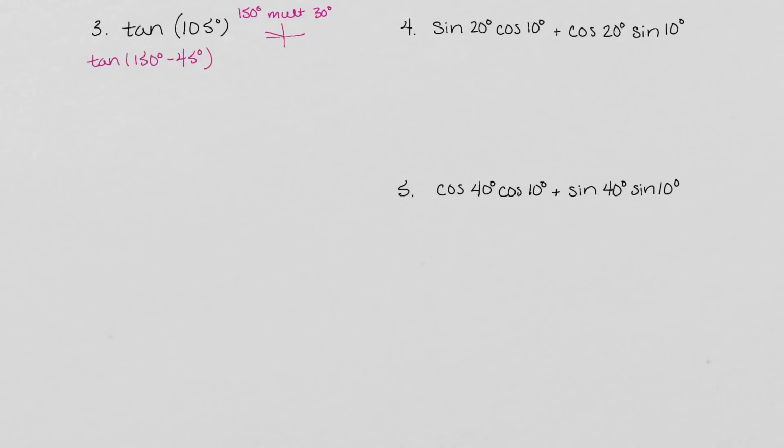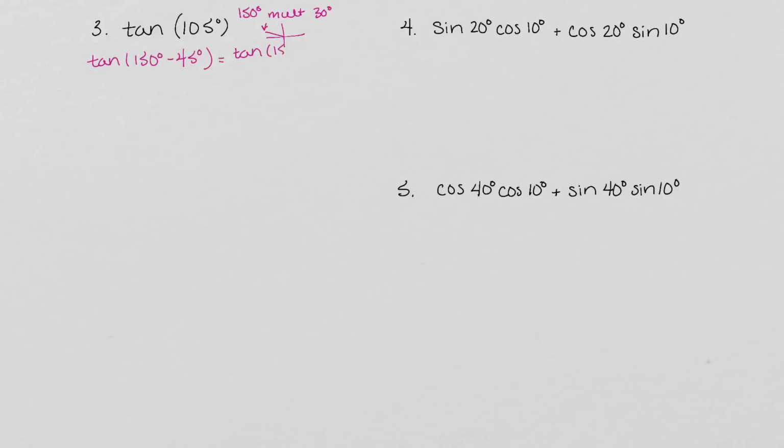It is actually 5 pi over 6. It's over there on the unit circle on the left side. And tangent of 150 degrees is negative root 3 over 3. It's negative 1 over root 3. And then when we rationalize, we get negative root 3 over 3. All right, so tangent of 150 degrees minus 45 degrees is equal to